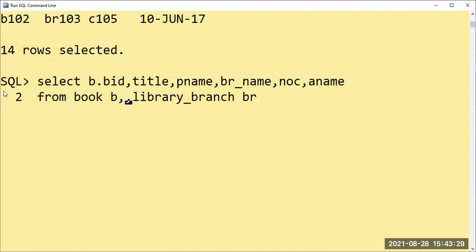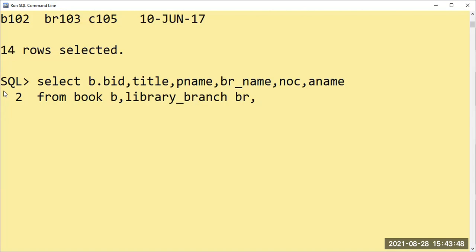I should not take the publisher table because we have four books, and from the book table we are going to display the results, all the books. So a single thing is required as we are not interested in matching purposes. Only library branch, then comma.